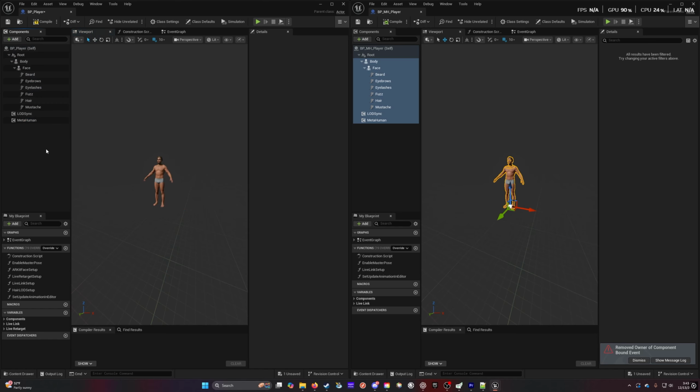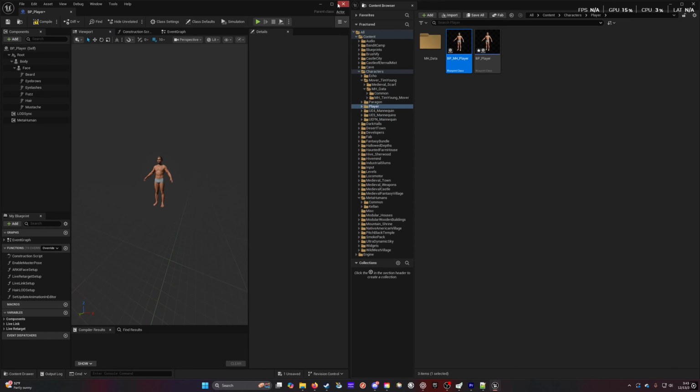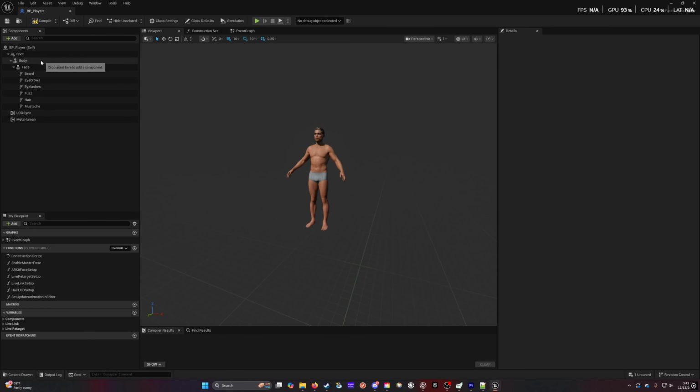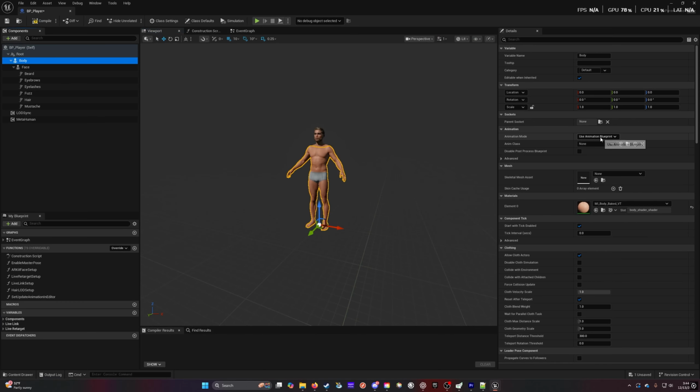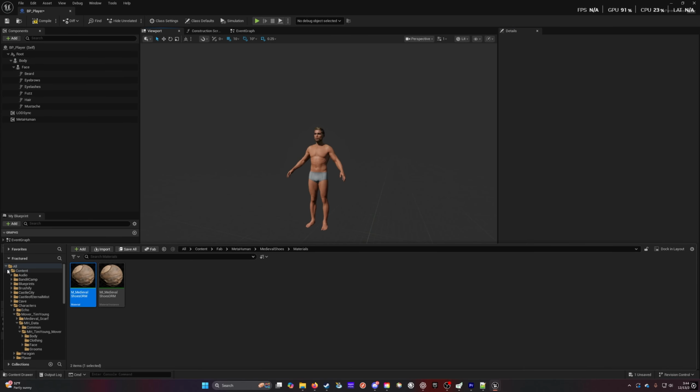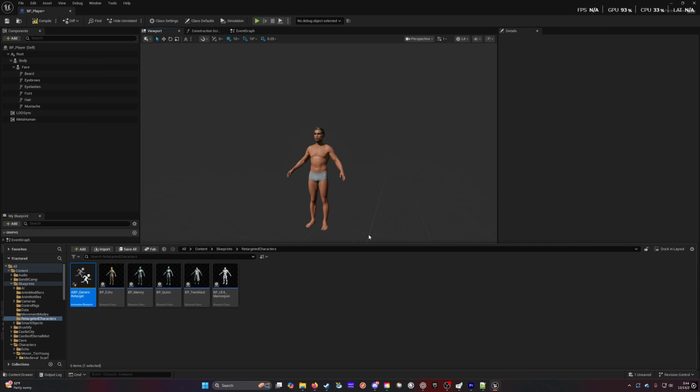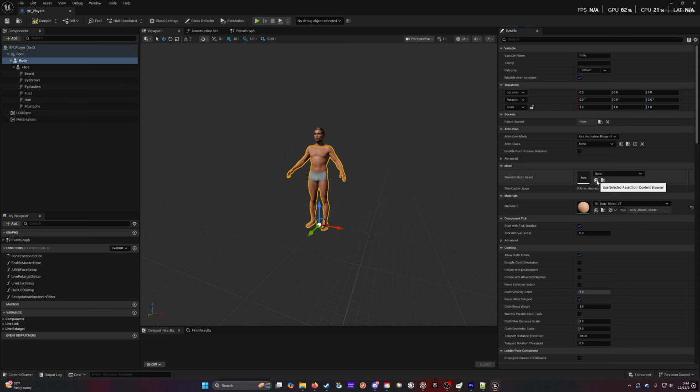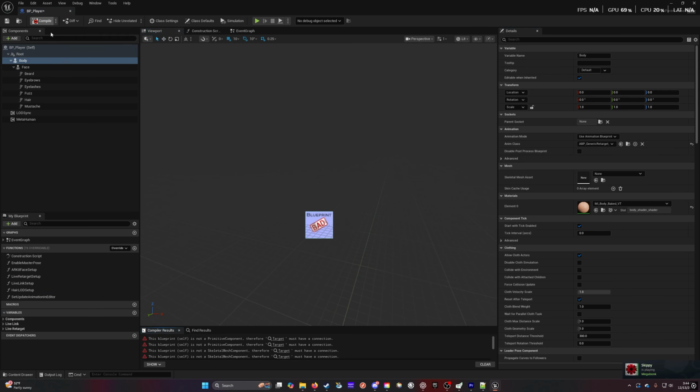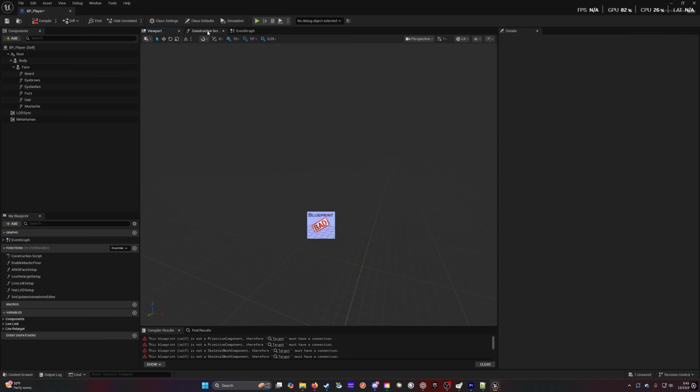And paste. Now close out of this first one. Now the official instructions tell us to use an animation blueprint and use the retargeted animation. Recompile, and then we're going to go to the